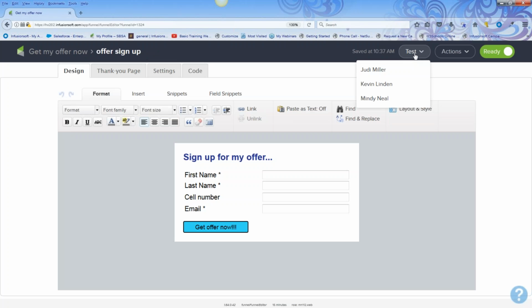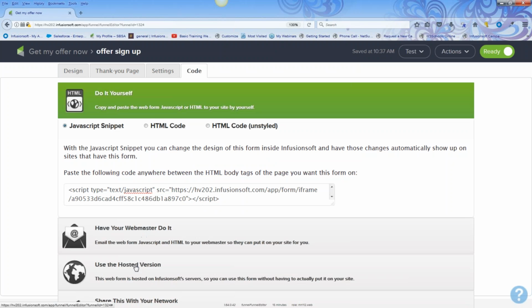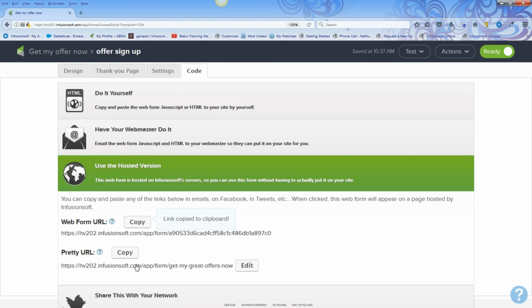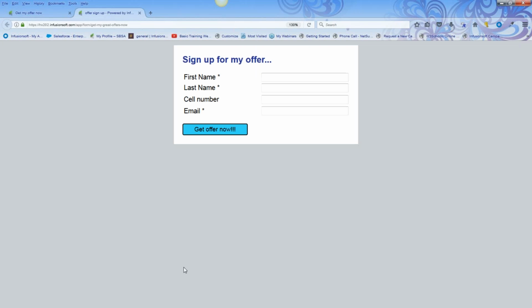I can either come up to the test button in the right-hand corner and click on Judy Miller, or you can grab the hosted version and just click on it and try it out. When you click on it, it's going to open up another window with the form, and I'm going to go ahead and fill it out. I'm going to spell my name different so you can see how it works with the thank you page. I'm going to give myself three J's, put Judith, put in 2 R's for Miller, my cell number,